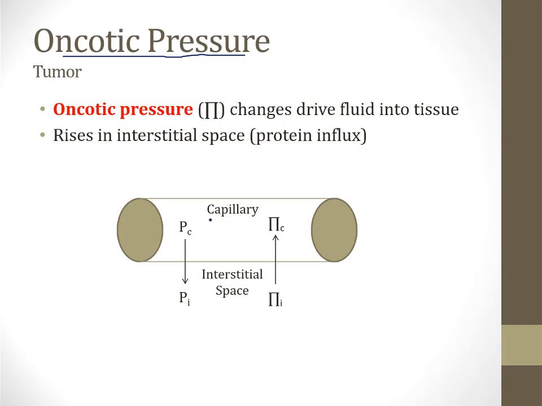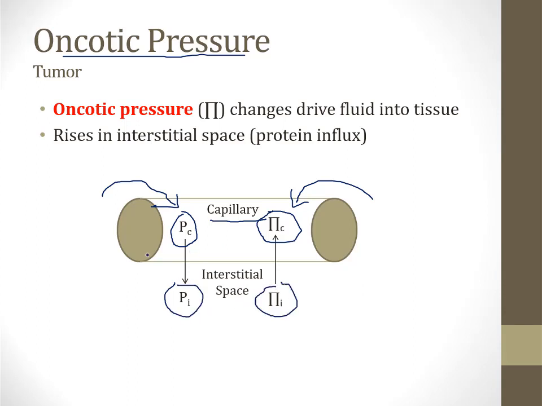By way of review, within the capillaries there is a hydrostatic pressure, P sub C, and also an oncotic pressure, pi sub C. The oncotic pressure is created by proteins, especially albumin, and the hydrostatic pressure is basically the blood pressure. There is also, within the interstitial space surrounding the capillary, a hydrostatic pressure, P sub I, and an oncotic pressure, pi sub I. Generally, the hydrostatic pressure is higher in the capillary, which tends to drive fluid movement in this direction. And generally, the oncotic pressure is higher in the capillary, and that tends to resist fluid movement